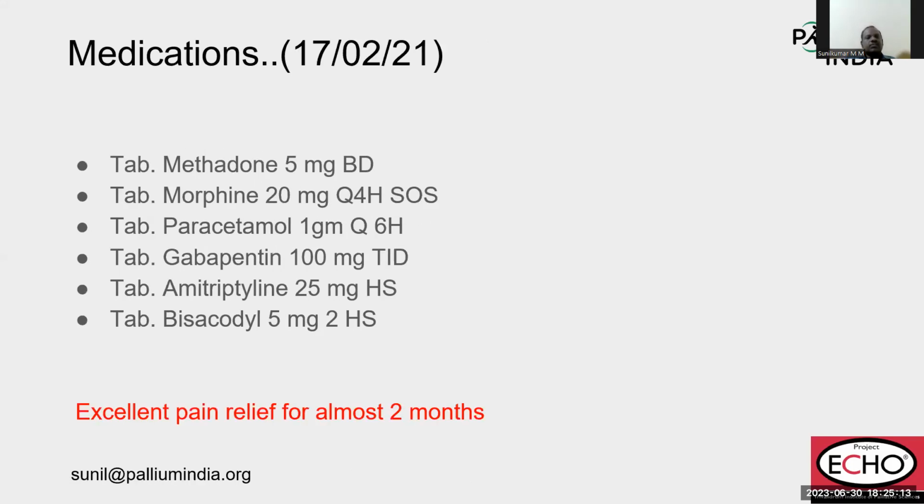So this patient was started on methadone 5 milligram BD, and then tab morphine 20 milligram Q4H on SOS basis. Paracetamol, gabapentin, and amitriptyline continued. And this patient, she was a nurse who was suffering with this severe pain and was unable to come out of her house. She had two kids and a husband, and she was always